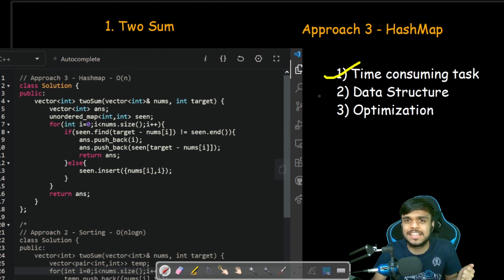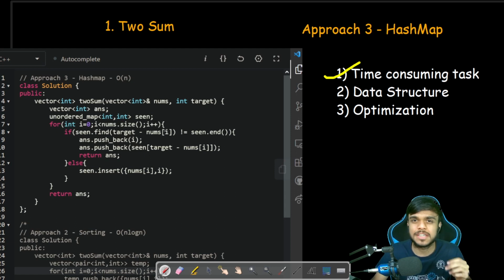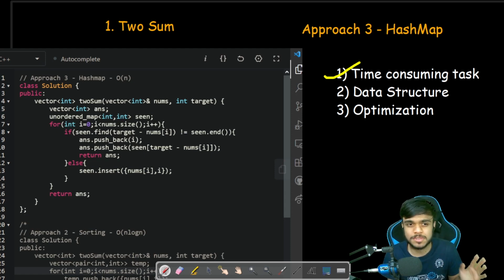But is there any way that we can choose a particular data structure such that the lookup would give us a better result? And yes, we know that if we use a hash map, in hash maps the lookup is O of 1, right? So if you have not heard or read about hash map, then I would recommend that you read about it for 10 to 15 minutes before looking into this solution. Because if you have not read hash map, then you definitely need to, because most of the optimized approaches for many problems come with hash map.